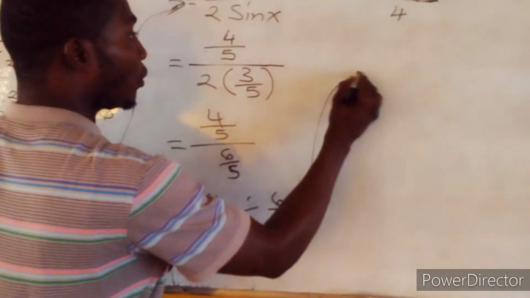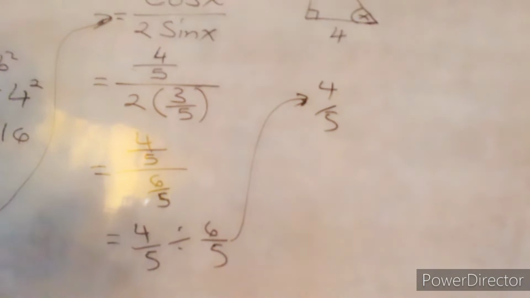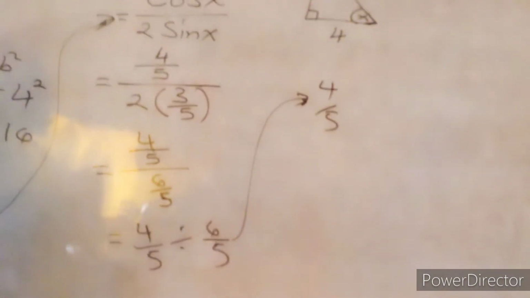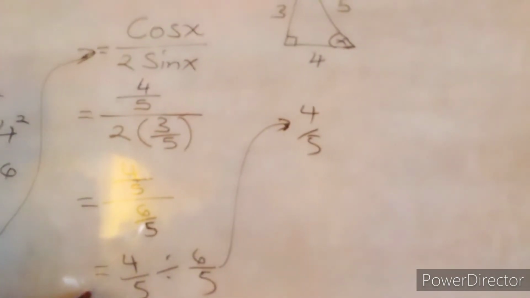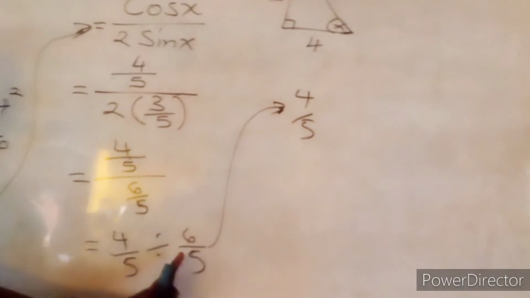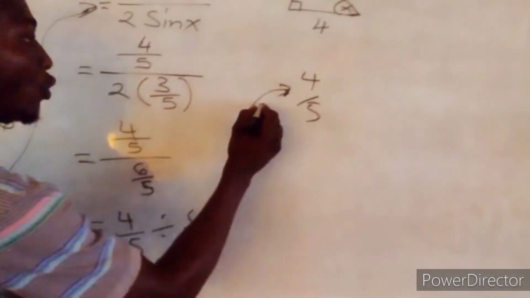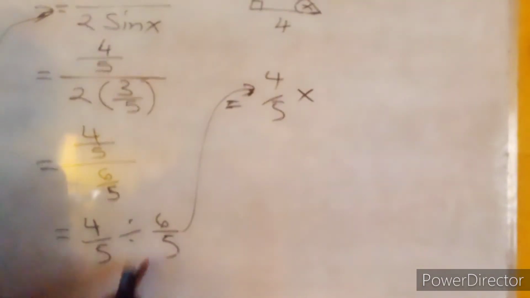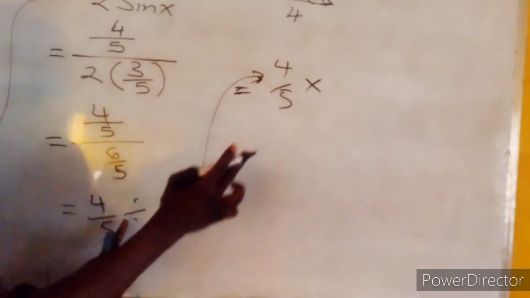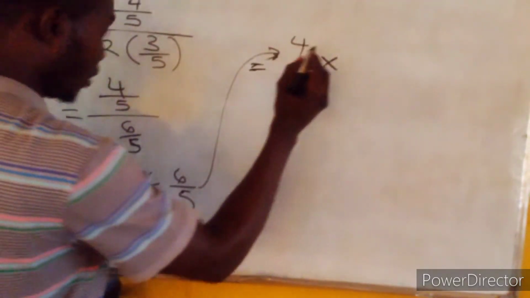So let's complete our problem solving down here. So we say 4 over 5. Now our goal is to simplify. Since we want to simplify this, we are evaluating and we want to find our solution. The next thing we are about to do now is to reverse this. That means reciprocate. 5 goes up, 6 comes down. Then this division sign is going to change to a multiplication sign. So it's equal to 4 over 5 times we reciprocate. Why do we get multiplication instead of division? Because the denominator is now going to the position of the numerator, and the numerator comes to the position of the denominator. So this will be 5